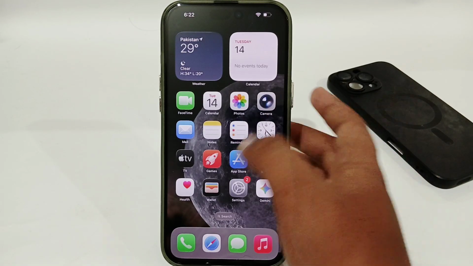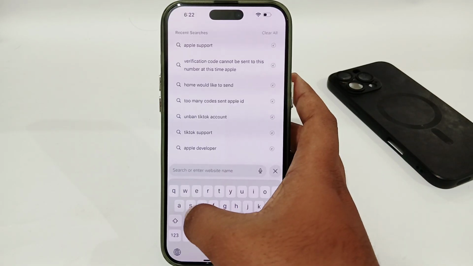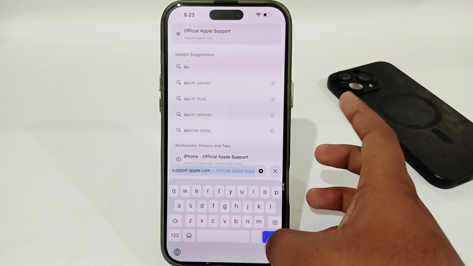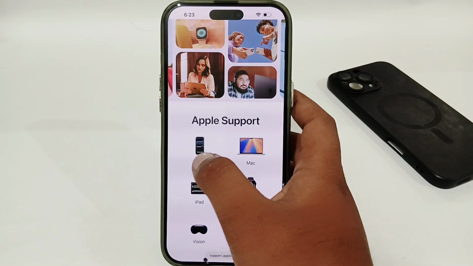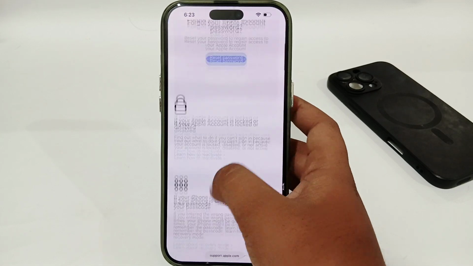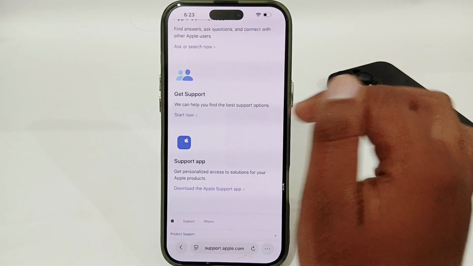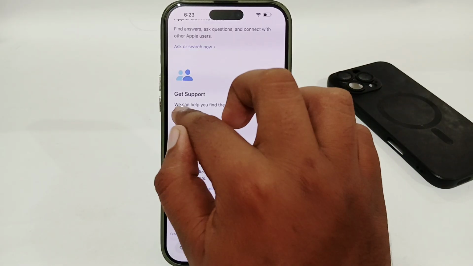So now what you have to do, you have to open your browser, and search for support.apple.com, or you can search for Apple Support. Then select your iPhone or iPad or any Apple device you're using. Then scroll down and look for the option of Get Support. Select the Start Now option here,